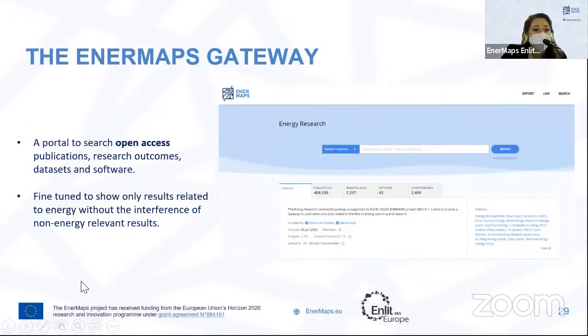Now, this is just a screenshot of the gateway. Soon we're going to go through a demo. The gateway is a portal to search open access publications, as we said, research outcomes and data sets and software. It is currently being fine-tuned to show only results related to energy without the interference of non-energy relevant results, which